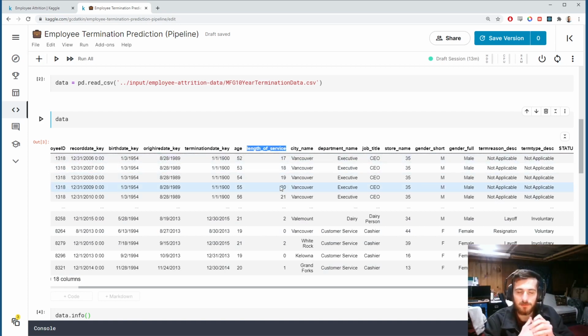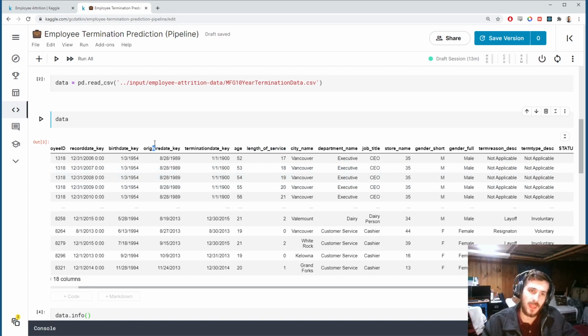This is a bit debatable. I would say to drop this. The reason is we have the original hire date and the recorded date. I'm not saying that with us using a logistic regression model there's no guarantee that the model will be complex enough to capture the relationship here. It might,